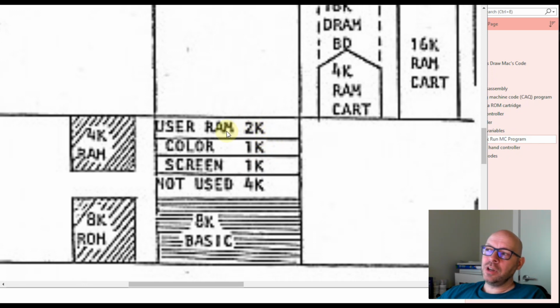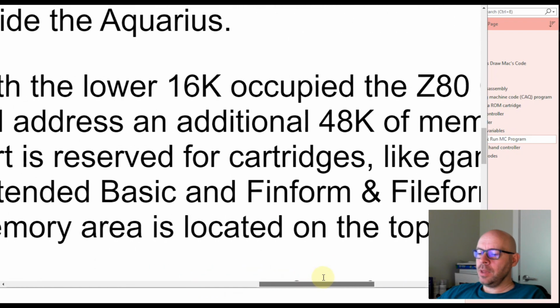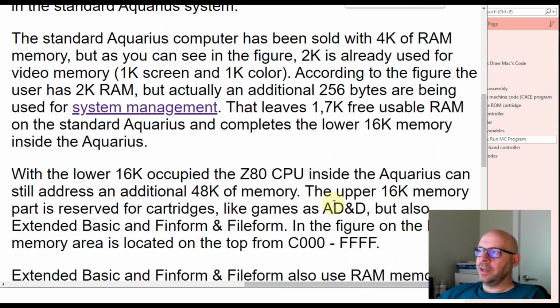And then here we have a 2K section that is available for us to finally do our programs. And this is where we would, let's say we were writing a basic program. This is where our basic program would get stored in this 2K section of user RAM. But if we look at the note again, it says that 256 bytes of that 2K is being used for